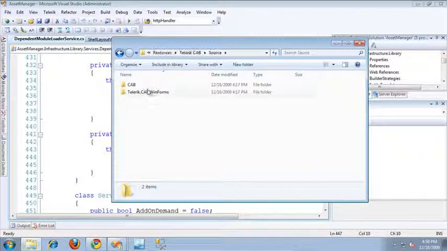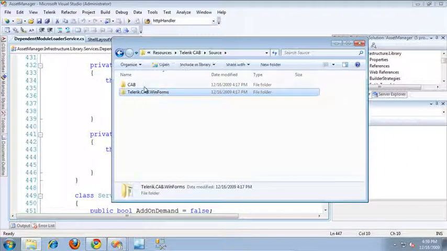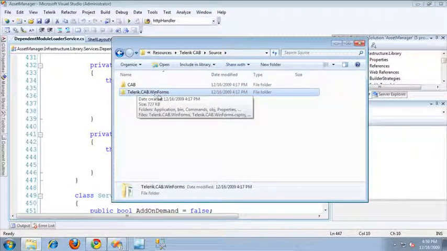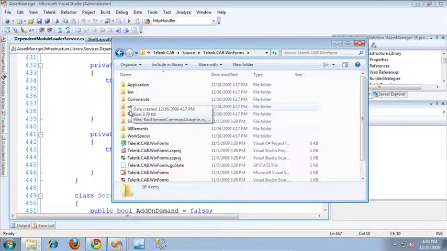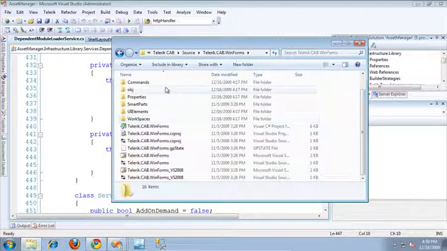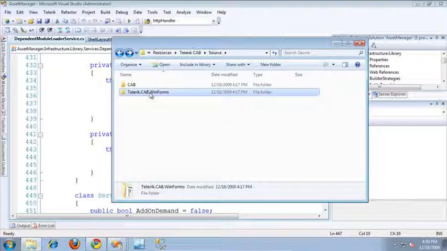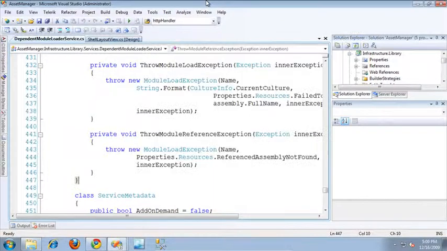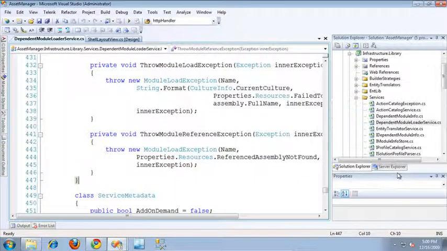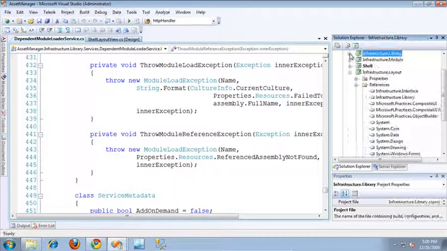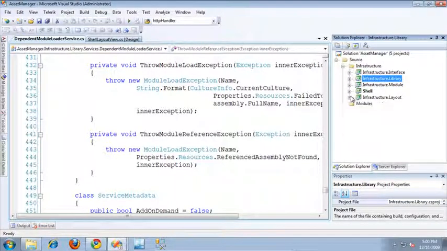If we look in the source code folder, there's a telerik.cab.winforms folder, and this contains the actual project for the Telerik CAB Enabling Kit, and this is what we're going to be using. To use this, you simply need to copy and paste it into the source code of your project directory and include it in your project. I've taken care of the copying and pasting step, so all I need to do is add it to my solution file. So to do that, I'm just going to switch back over to Visual Studio now,